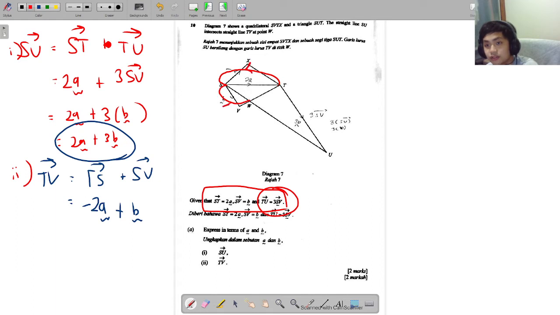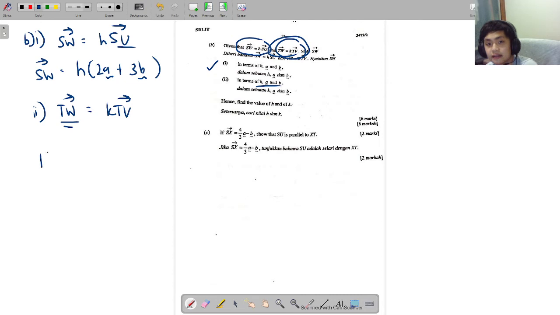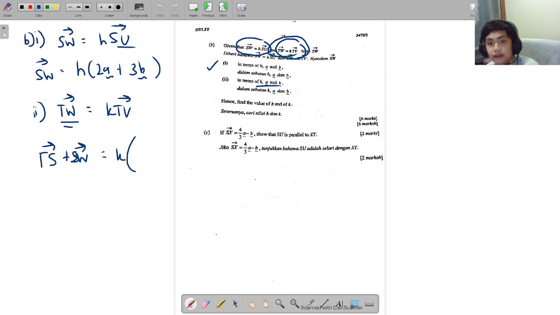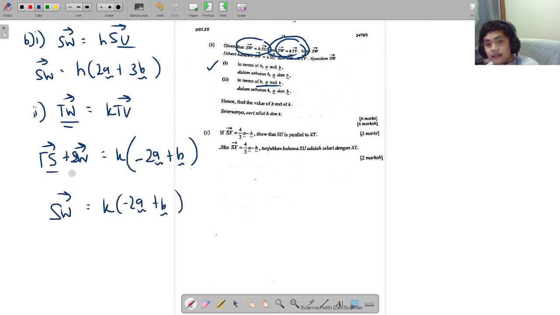We can use this root, right? So since we can use this root, I can rewrite it as TS plus SW equals K, and TV I calculated earlier, I think, yeah, negative 2A plus B. So it's negative 2A plus B. So I'm going to make SW the subject, so SW equals K, negative 2A plus B, and TS earlier is the